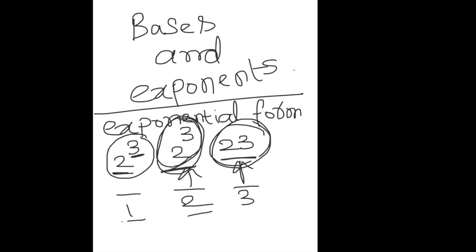Why do you think, Aishwarya, they are in exponential form? Sir, they have base and exponent, sir. Yes, there is a base and exponent in this form, so that's why it is called exponential form. But the third one does not have anything. That is only a normal number, 23. Yeah, it only has a base. It doesn't have an exponent, so it is a normal number. It is not in exponential form. So the first two numbers are in exponential form. Third one is not in exponential form.